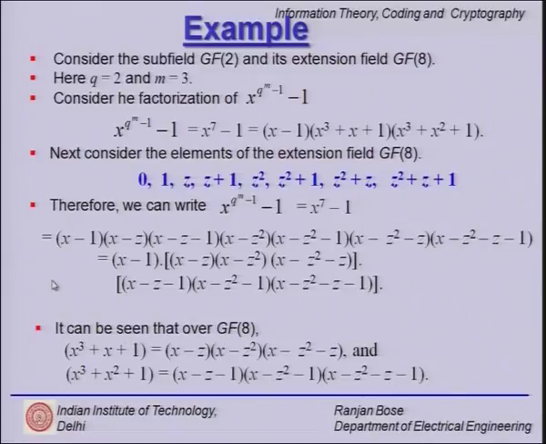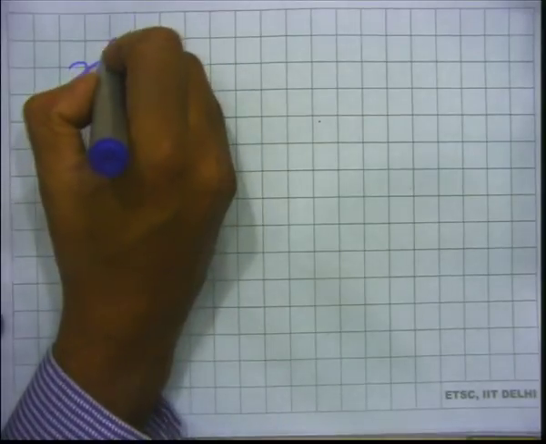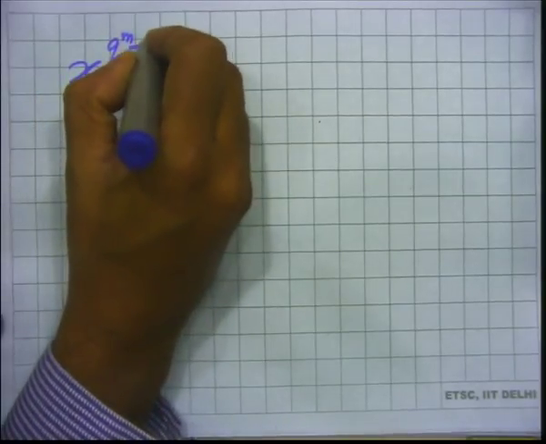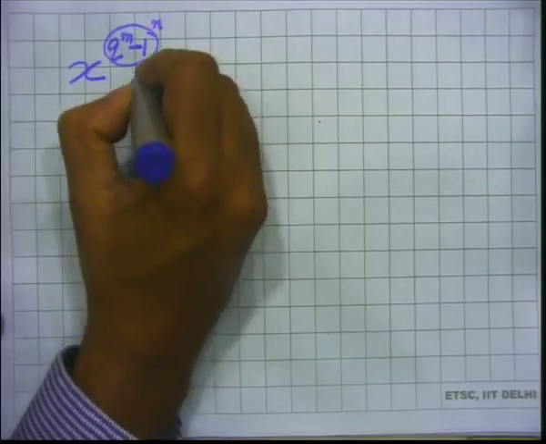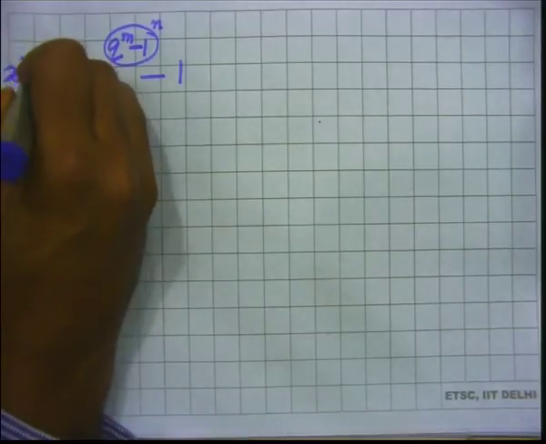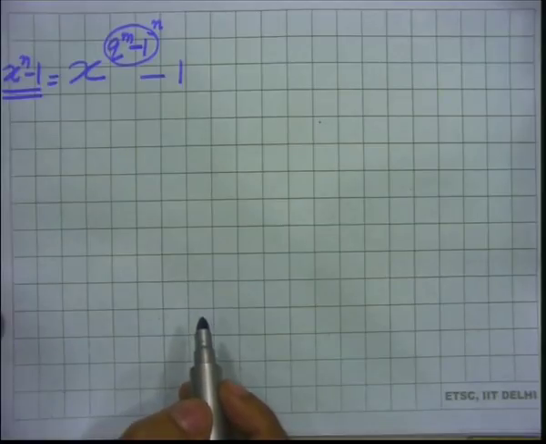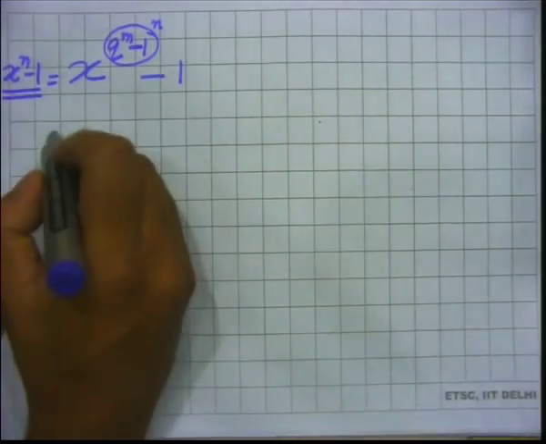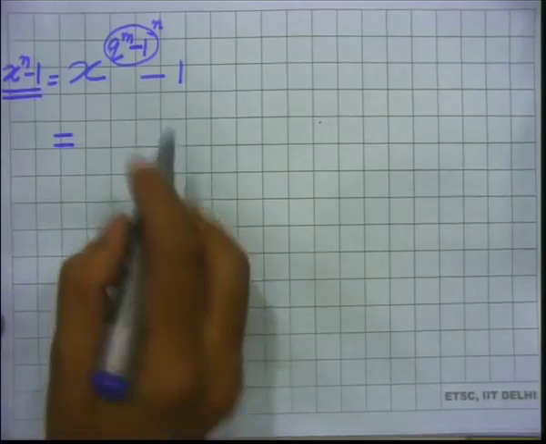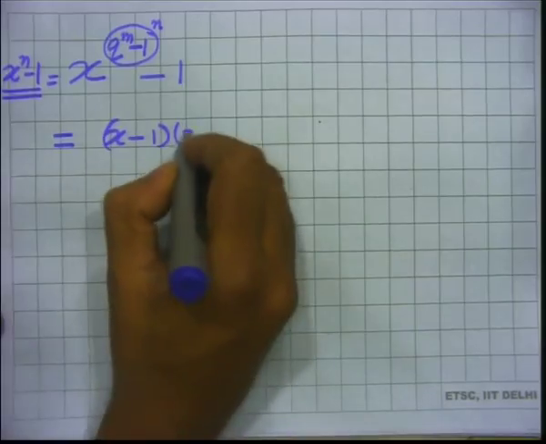So, let us analyze it a little further. What are we trying to do? We have this very clear x raised to the power q^m minus 1, this is my n minus 1. So, we are actually trying to work with cyclic codes, where our starting point is always to factorize this. Now, over GF8, I can always factorize it if my elements were x minus 1, x minus 2